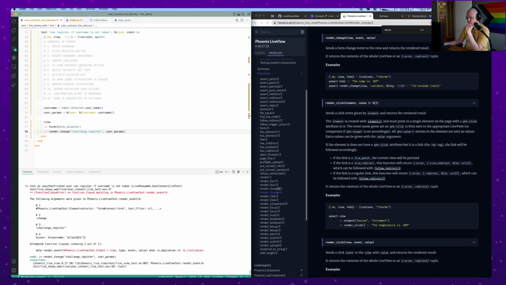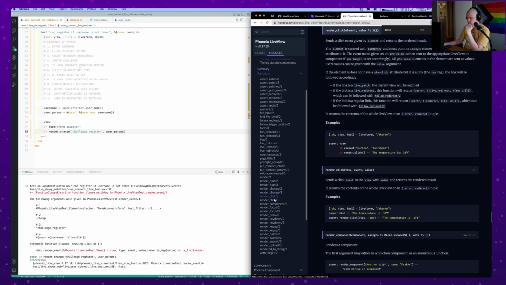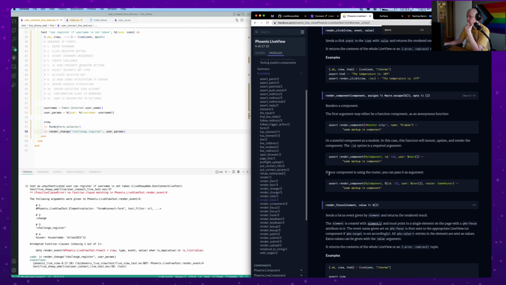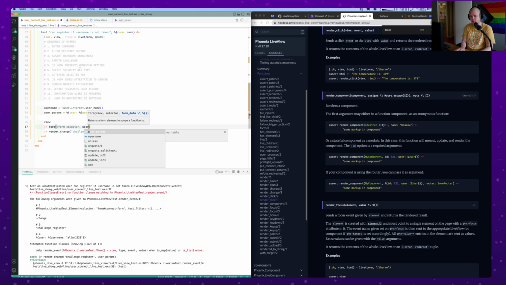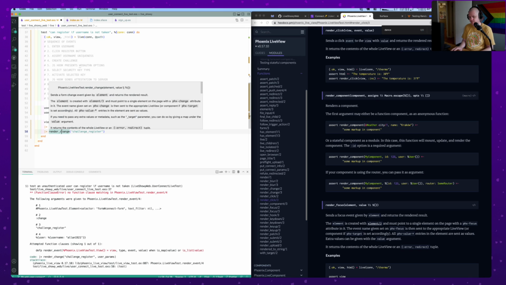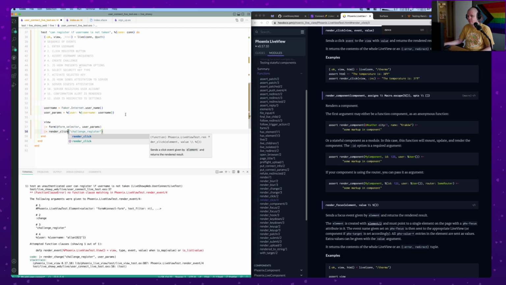Change. Okay, maybe I need to move user params here, and then do render click. Render click, and then